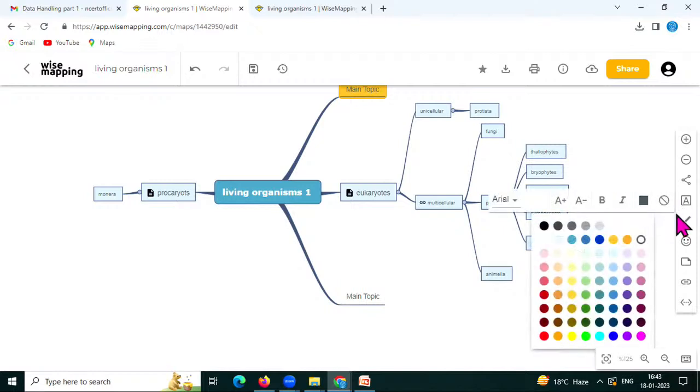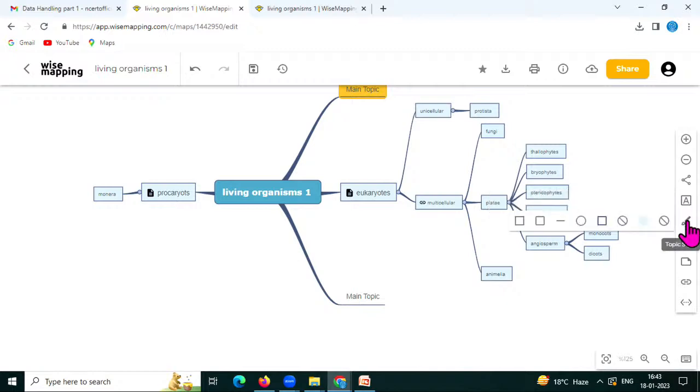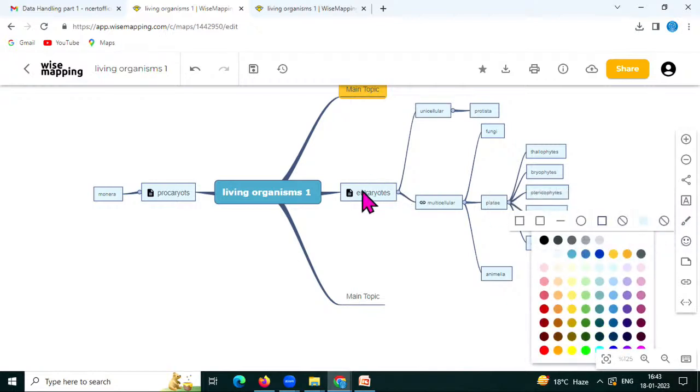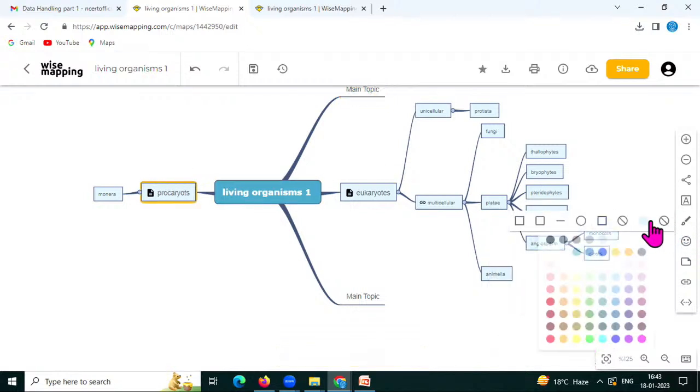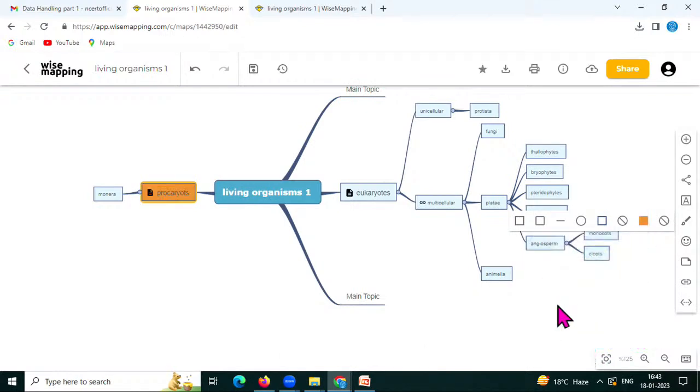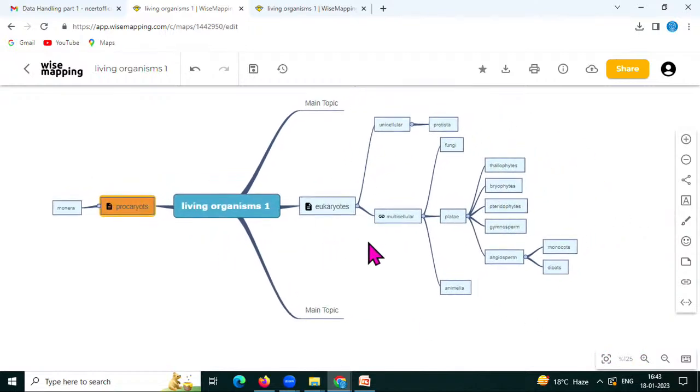Yes, we can add more colors. Suppose we click this eukaryote and give more color. Okay, we can add more color. Yes, we can add more color. We can make it more colorful, interesting, and attractive. Yes, of course. We can add more links, we can add notes, we can add icons, and we can add more colors, more shapes,